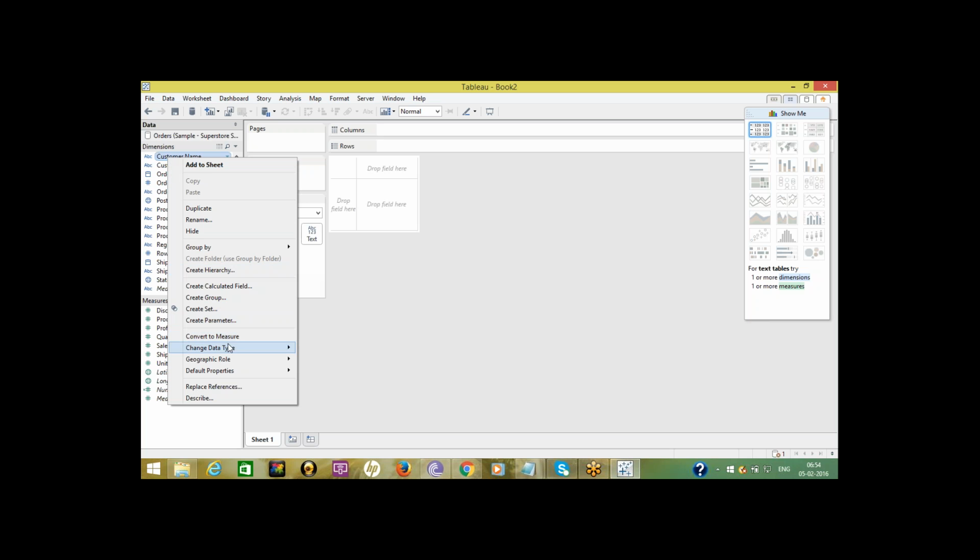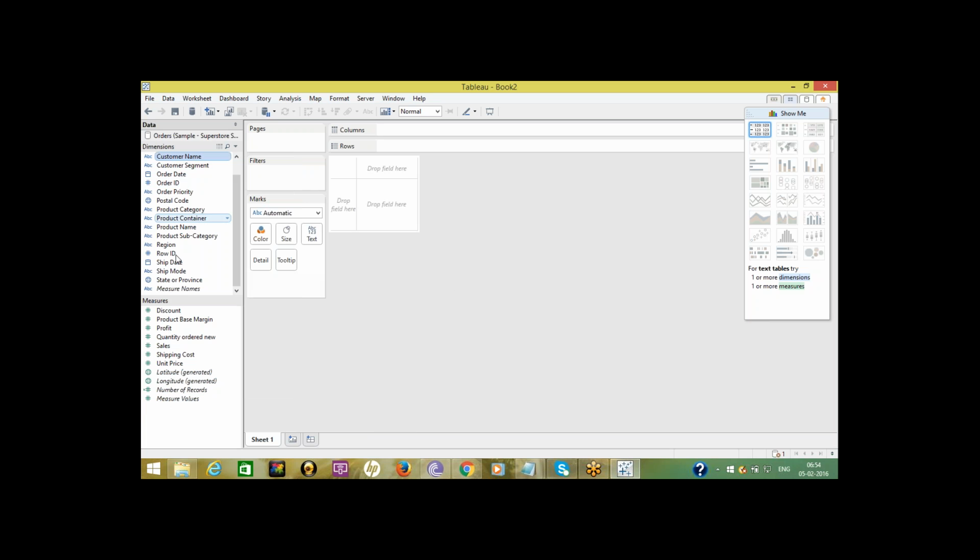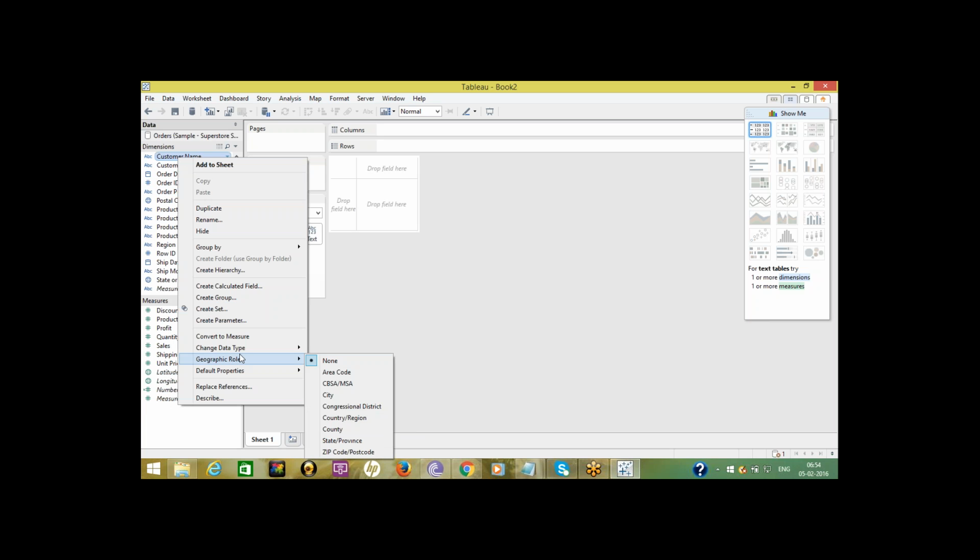If you want to change the data type, you can: right click, change data type. The types are number, date and time, date, string, boolean, like that. We need to right click on the column name, choose change data type, then select the new data type.